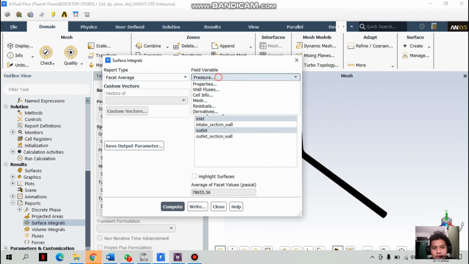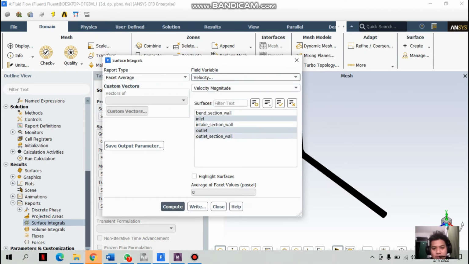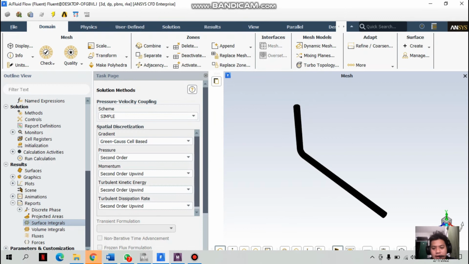For the velocity, we choose the inlet and outlet selection and compute. The average of the phase value is 2.547897 meters per second. This is for the L pipe,